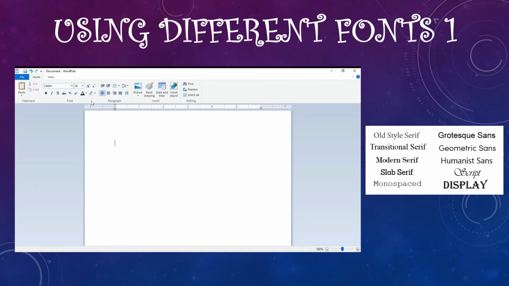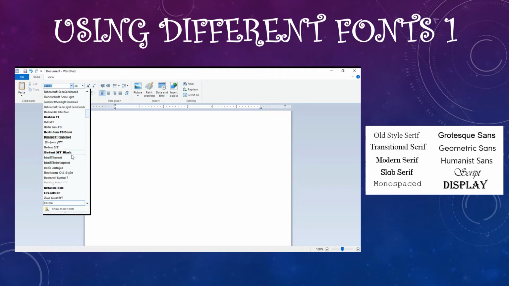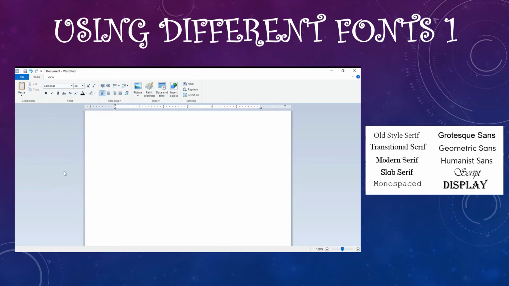First of all, click on the font list box. Then select the font as needed. Whatever font you want to write in, you choose it and then start typing. Type: I love typing and studying computer. Now, if you want to change the font of what you have written, if you want to make any change, then whatever you have to do,